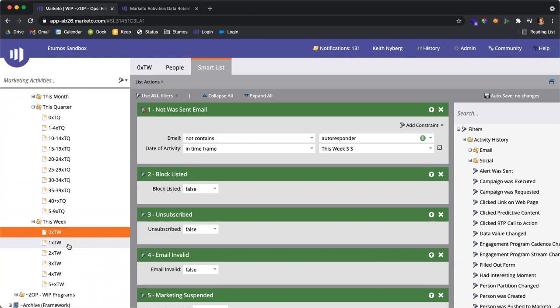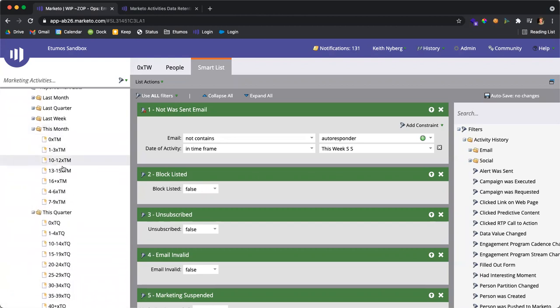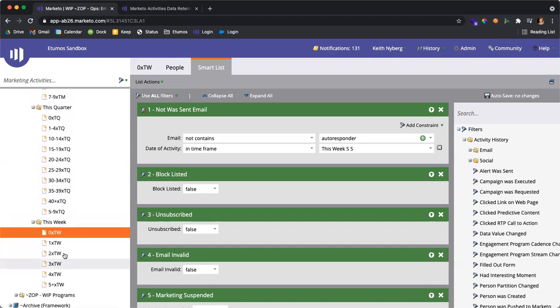I like to use these little naming conventions of TW for this week, TQ for this quarter, TM for this month. And you can see the kind of durations of time that I have done in here, right? So for this week, I have 1 up to 5, and they're all single email values for each smart list versus this quarter. I'm kind of grouping them in ranges for 1 to 4, 10 to 14, and you can see it's out of order because of the sorting, but 1 to 4, 5 to 9, 10 to 14, 15 to